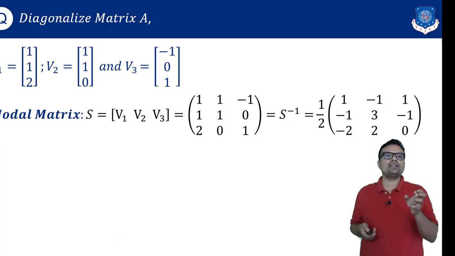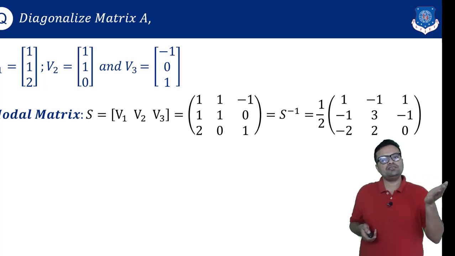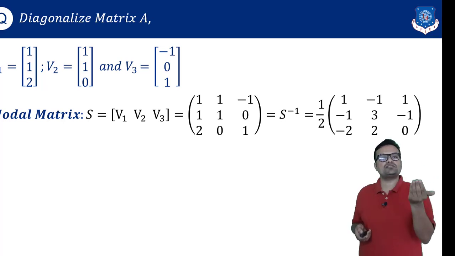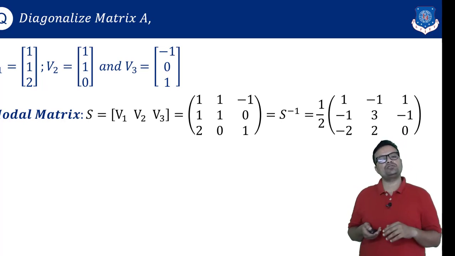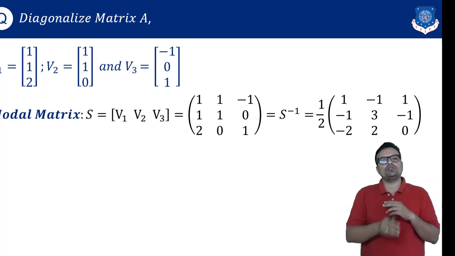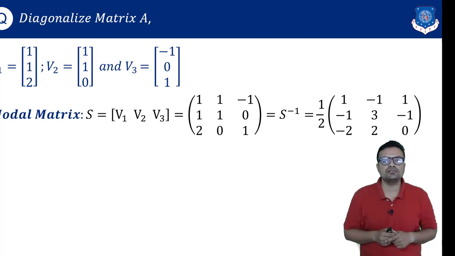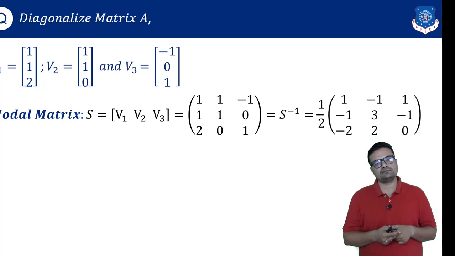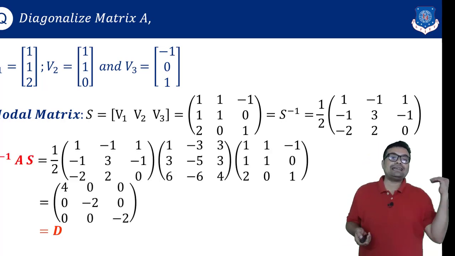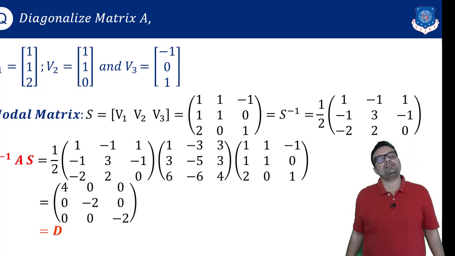As I told you, we need to identify three possible vectors v1, v2, v3. v1 is x1, v2 and v3 are from x2, one with respect to s, another with respect to t. Collectively, we will write down a matrix S as v1, v2, v3, all three eigenvectors in the columns. Find its inverse. Here you can use Gauss-Jordan's method to find the inverse, or you can use any regular method. And then take S inverse A S, solve it. Ultimately, it will give you a diagonal matrix with diagonal entries 4, minus 2, minus 2.